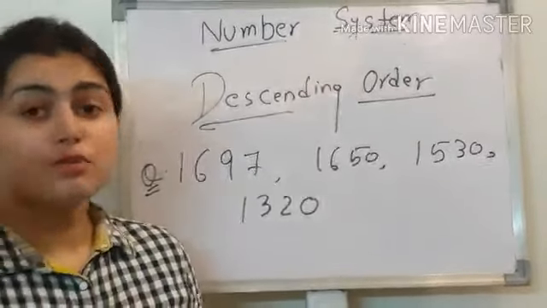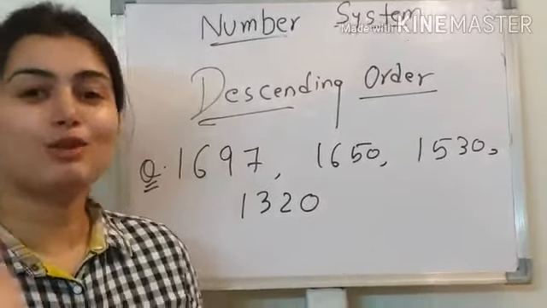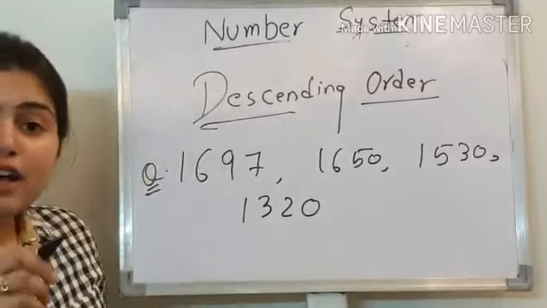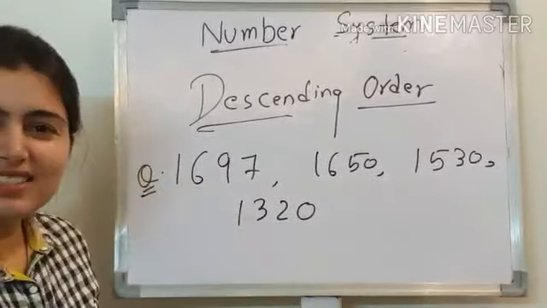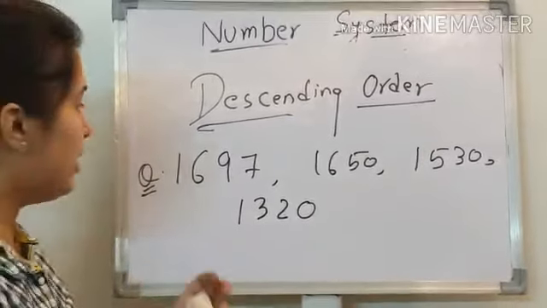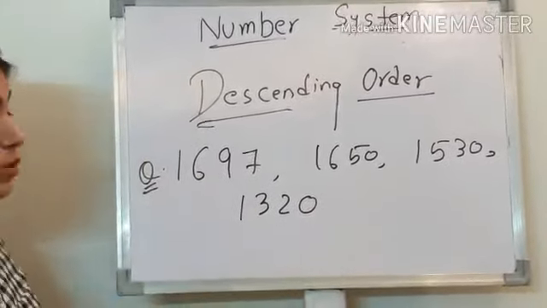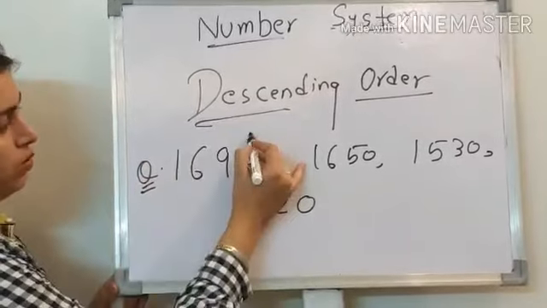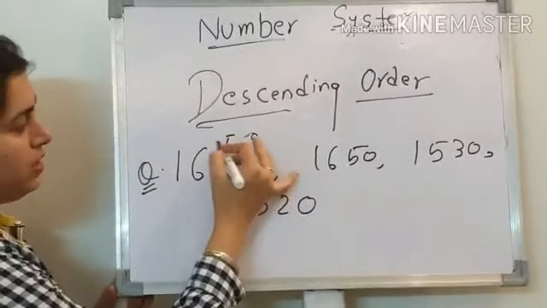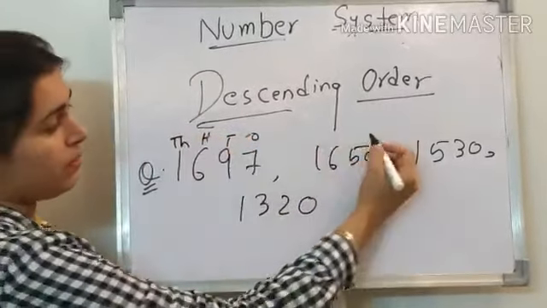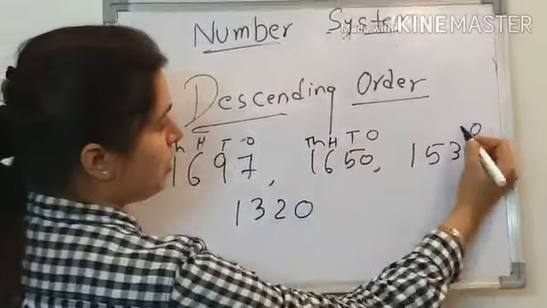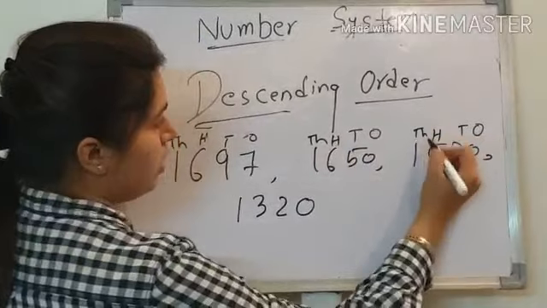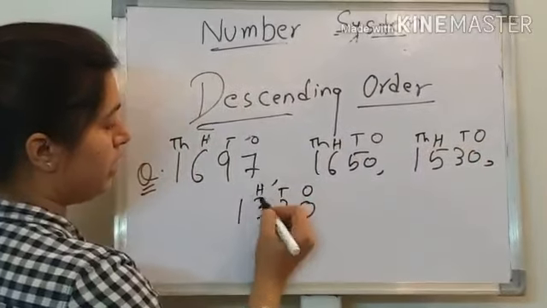So which concept do I have to apply? Yes, you are correct. For that, we have to compare from the extreme left side or the extreme right side. Correct, students, we have to compare from the extreme left side. Now, ones, tens, hundreds, thousands. I am assigning the place values.